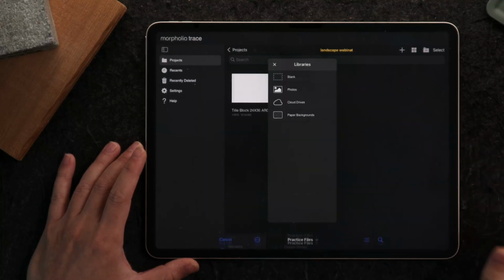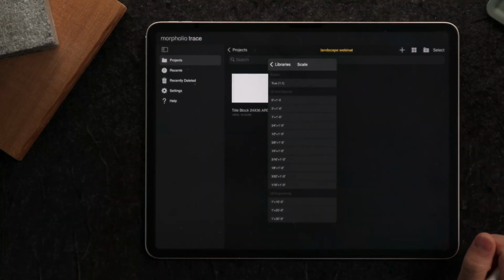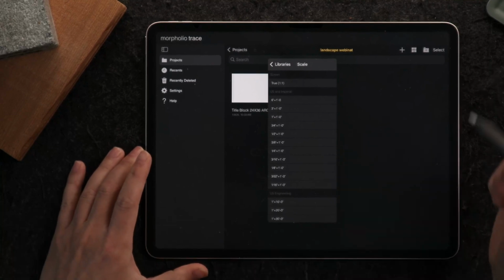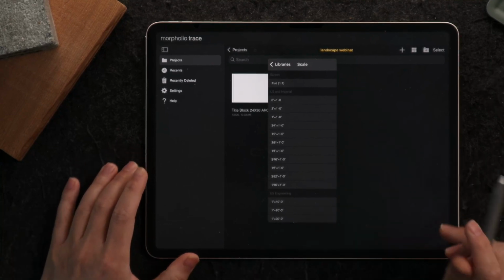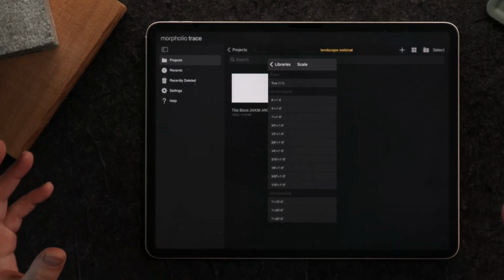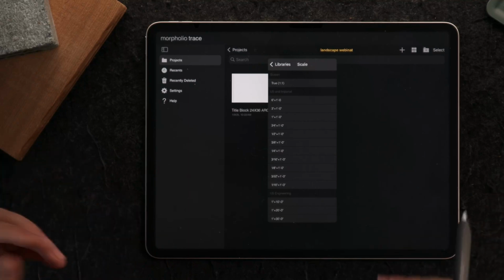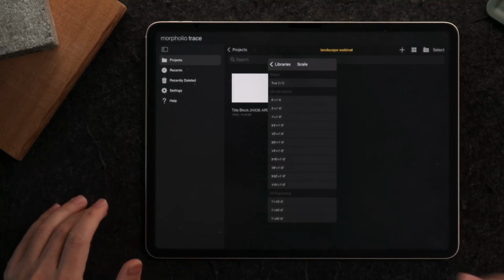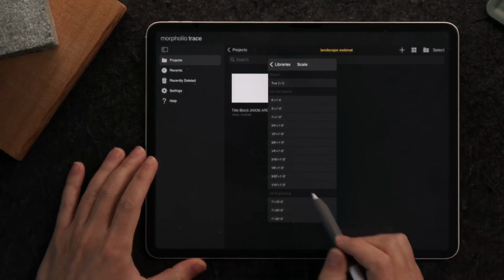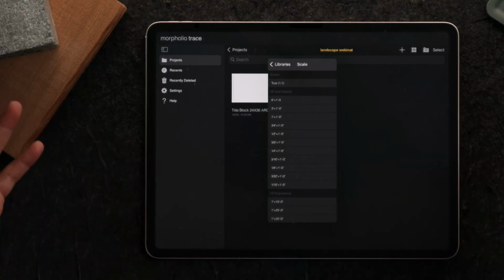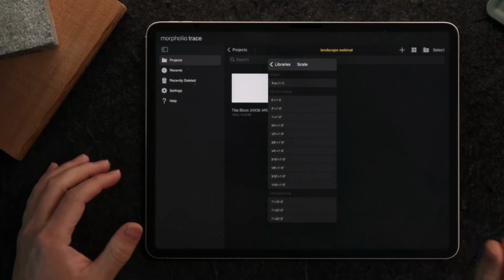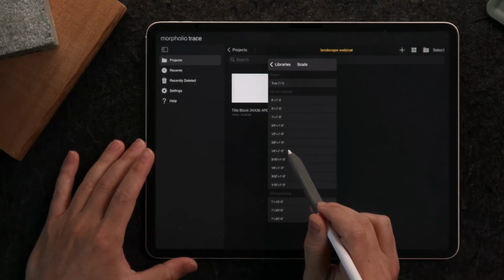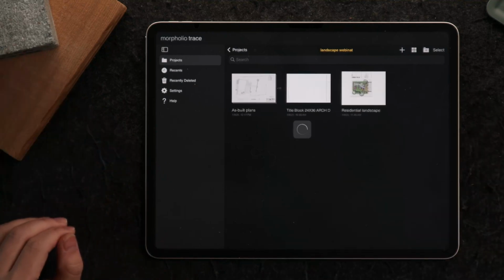So you'll see when I click on this, the option that I am prompted to select right now is the scale. So the PDF actually contains multiple pages, and most of the pages are in 1/4 inch scale. It's a residential project, and there's like 1 or 2 pages that's not in that scale because it's a site plan. So for the sake of just calibrating a PDF, I'm going to calibrate the entire PDF just for one scale only. So I'm going to select this 1/4 inch scale just to fire up this PDF,